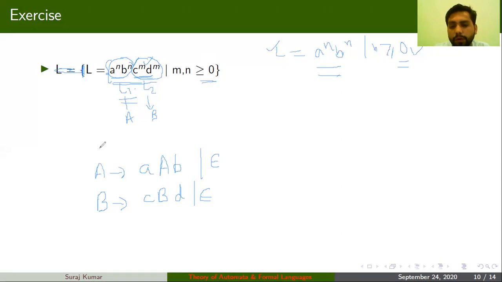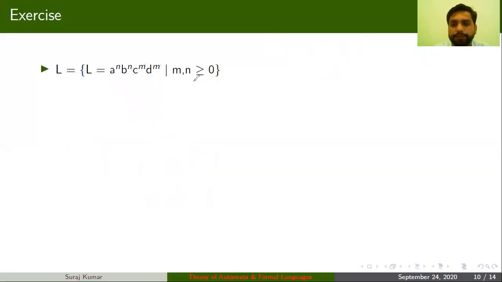Okay, so now to concatenate these, you can take a new variable S, which is your starting symbol, and you can concatenate this rule with this rule. So you will get S implies AB. So you will have three rules: S implies AB, then A implies aAb or epsilon, and then B implies cBd or epsilon. Okay, so this is the grammar for the given language.